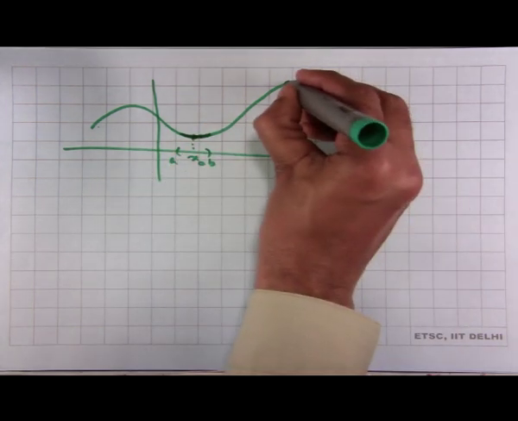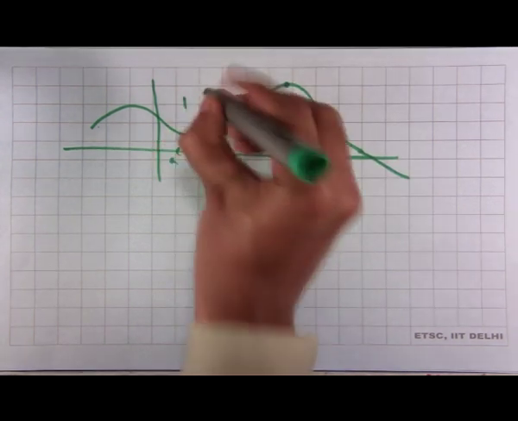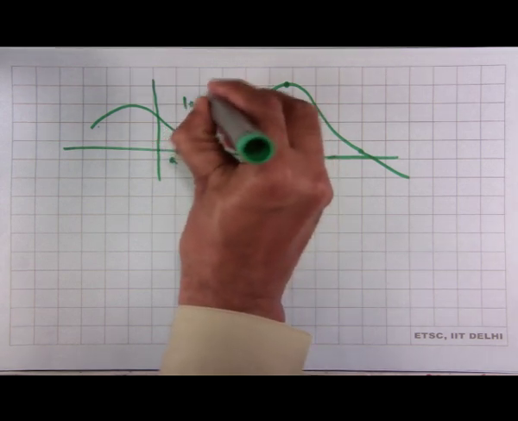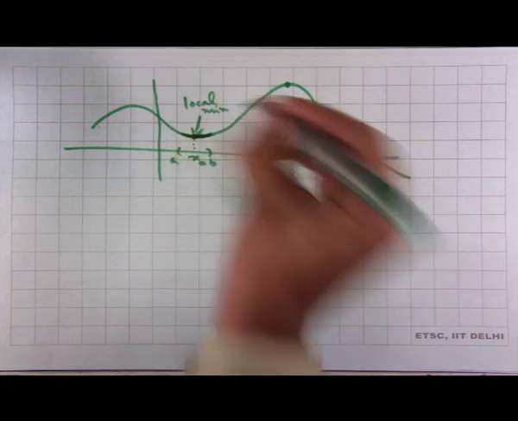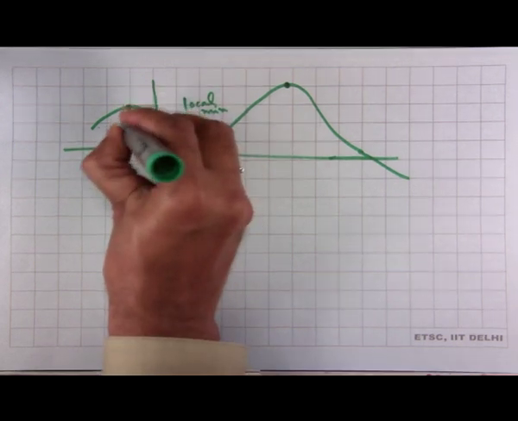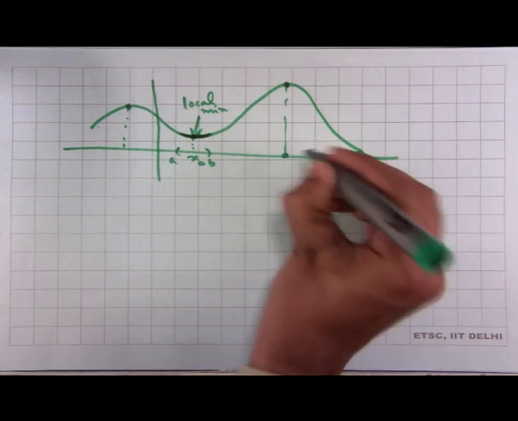But if I look at this one, so this is a local min, but this point and this point, corresponding to this we have these points,